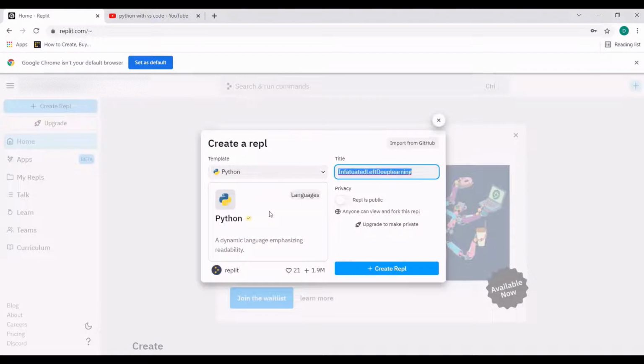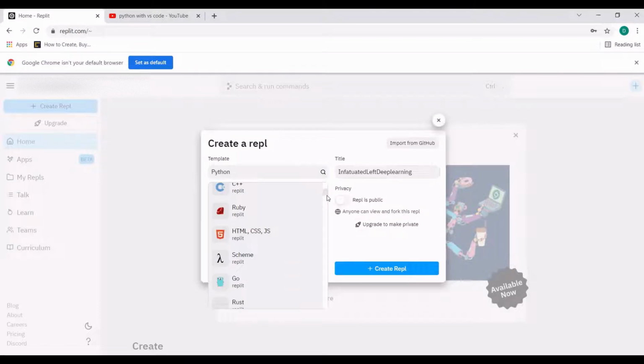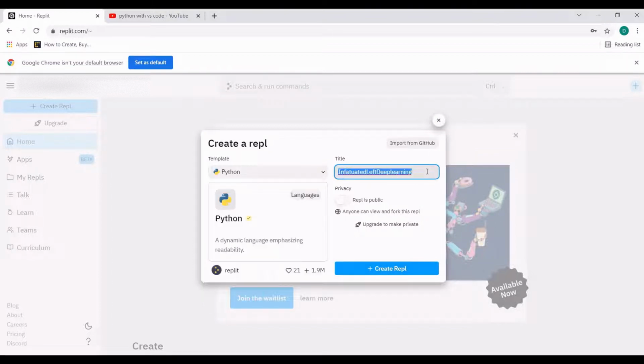And you saw that we can do different languages and everything. See, you can do Node.js, C, Java, whatever. Just a lot of different options here. We're going to do Python. And the reason why I'm doing Python primarily, we need a title. We're not going to do deep learning, so we're just going to do, well, really,